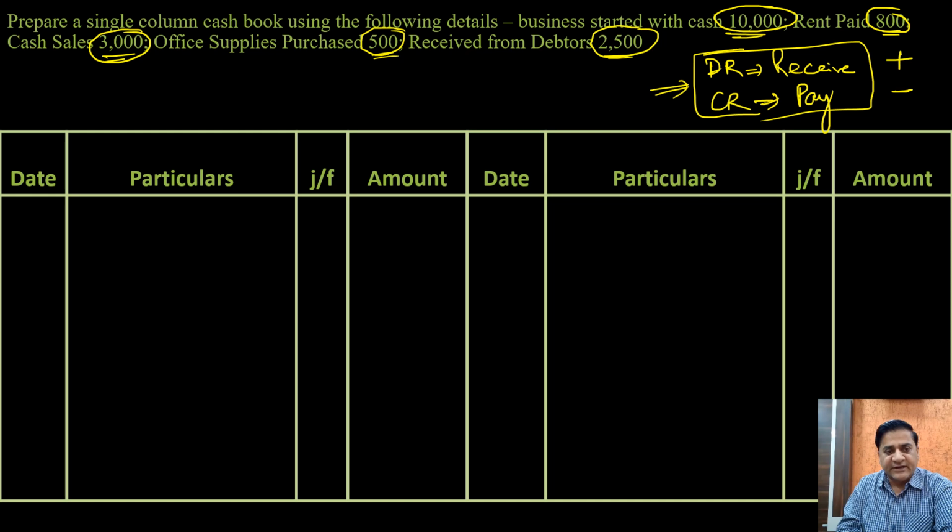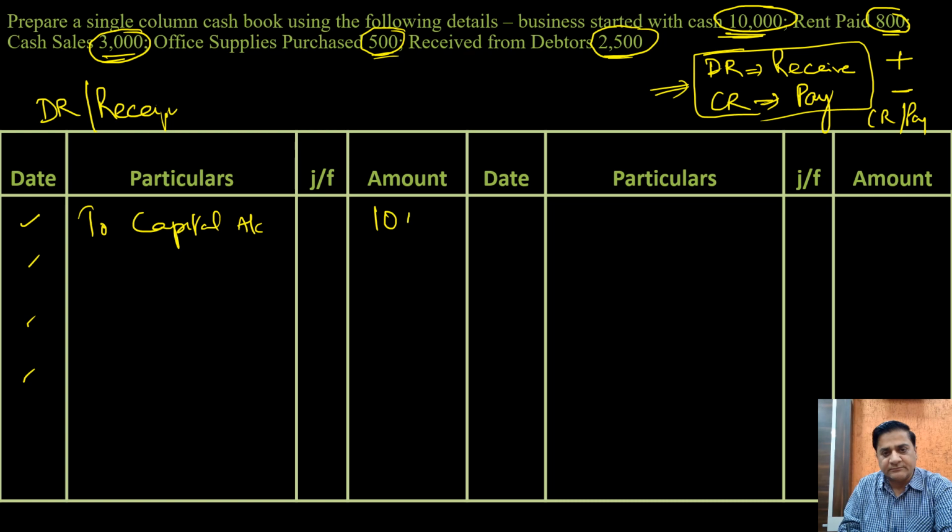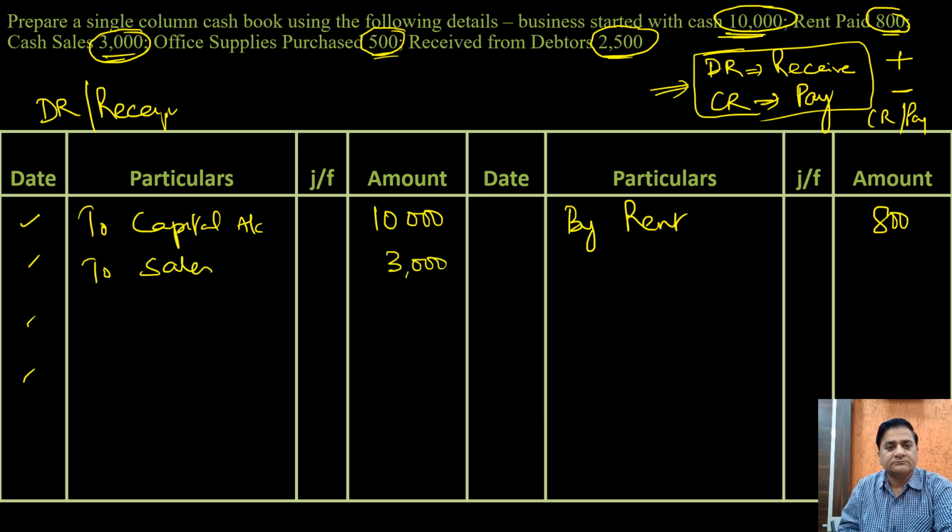Since date is not given to us, we would assume that all the transactions have happened on the same day. The first thing is we need to receive cash on account of starting the business. What we say on the receipt side, this is the debit side or the receipt side. This is the credit side or the payment side, right? Received cash, I would say to capital account. How much is it? 10,000. The next one is rent paid on the payment side by rent 800. Cash sales to sales 3,000. Purchase of office supplies by office supplies 500. Receipt from debtors to debtors